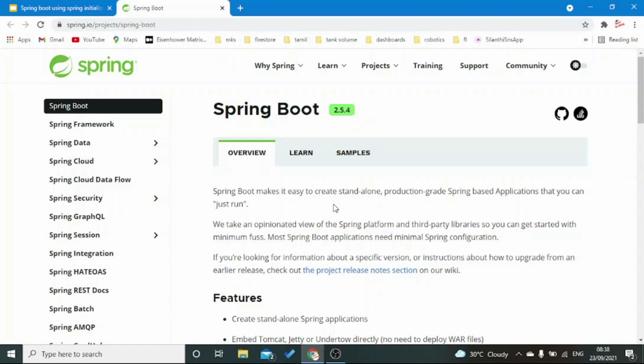Spring Boot is a standalone production grade Spring based application that you can just run. It means it is just a Java application from our point of view. It is just a Java application which can act as a web server. It is not only for testing or experiment, it is production grade. It means you can develop applications in Spring Boot and run it in the production and serve the customer. It is production grade. That's what it means.